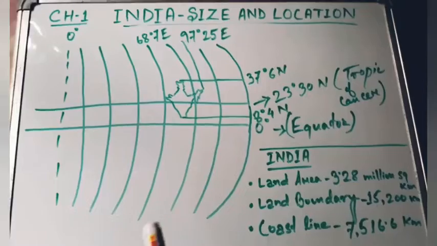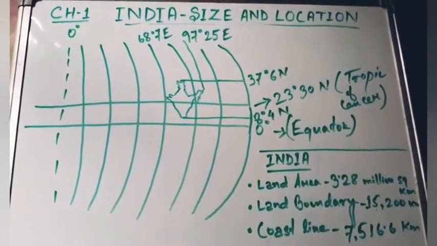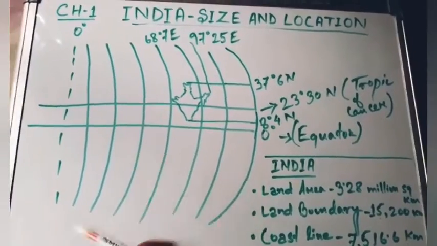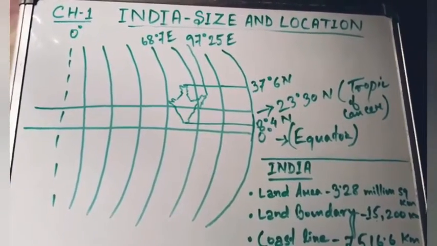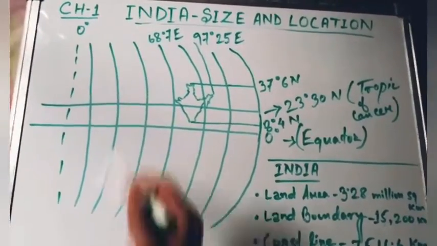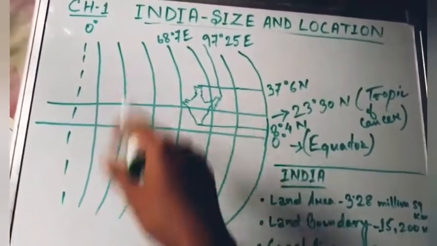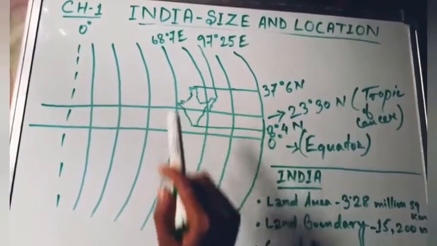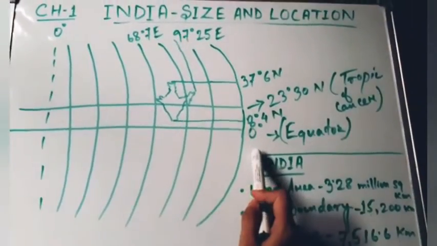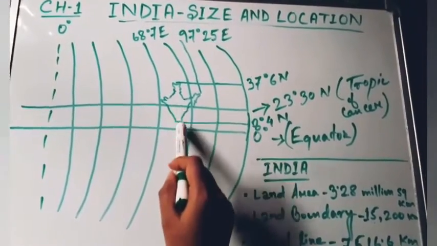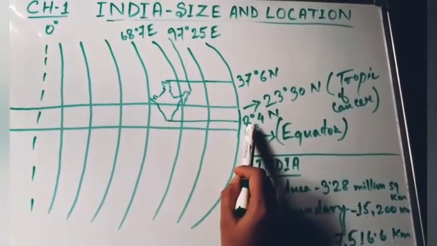Okay, so explaining to you how India is located, I have drawn half part of the earth. Now, as I already explained which are longitudes and which are latitudes, I think it's clear to you that these are the latitudes and these are the longitudes. So how is India lying on the latitudes and longitudes? See here, this is 0 degree, which is the equator, and India is somewhere here from 8 degree 4.